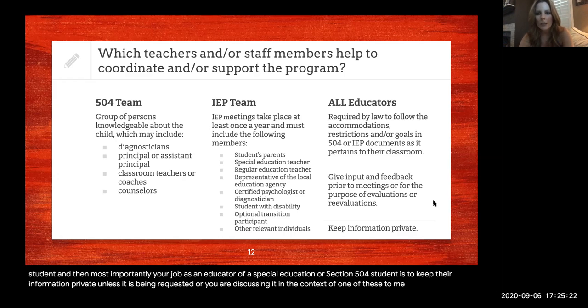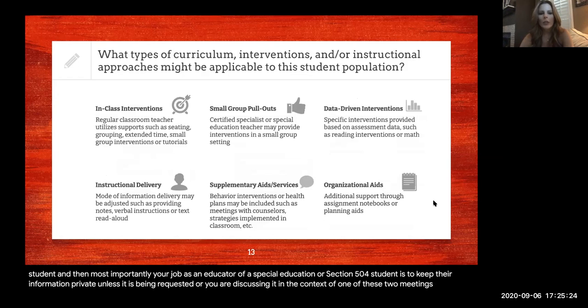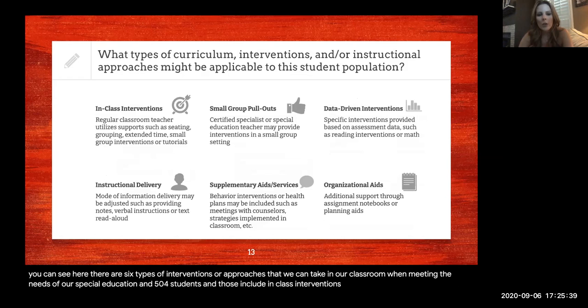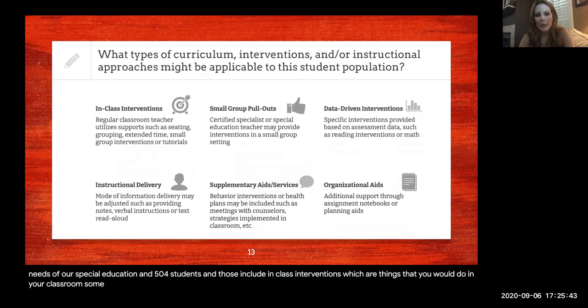As you can see here, there are 6 types of interventions or approaches that we can take in our classroom when meeting the needs of our special education and 504 students. And those include in-class interventions, which are things that you would do in your classroom. Some of these are best practices such as seating, grouping, providing more time, pulling students for small group interventions, or